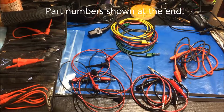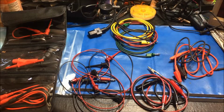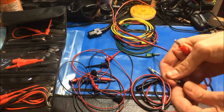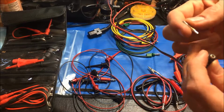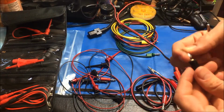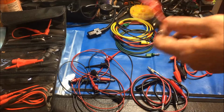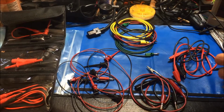I'm just going to open all these and then show you them. Yes, I feel much better now. See, I've been trying to get along with a couple of cheap leads, and these bananas aren't very good, and it wobbles, and they don't stay. They don't even stay in the... That's terrible. No, just some cheap ones off of Amazon. The other end was okay, but... And then I got some